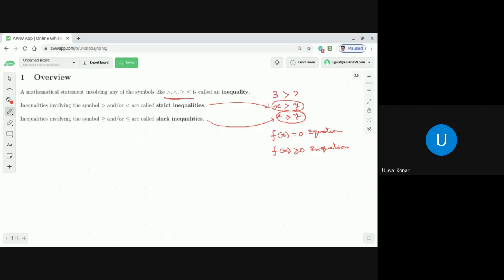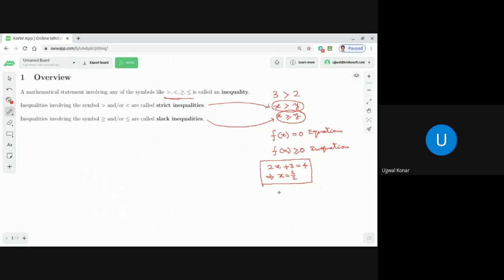Before discussing in detail, let's look into a case. If I say 2x plus 3 is equal to 4, then it is a linear equation, so it has exactly one solution. The solution is x equal to 1 by 2. Correct or not? So it is exactly one point on the real number line. You can represent that solution on the number line as just a single point, isn't it, dear students?